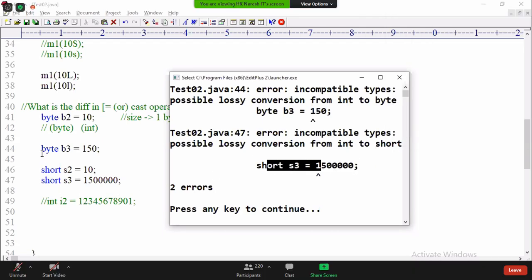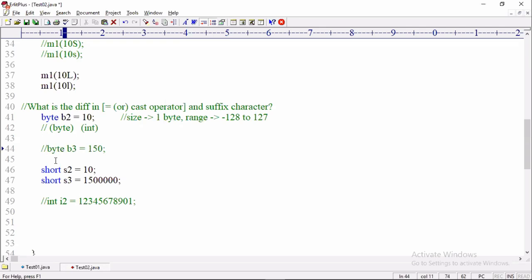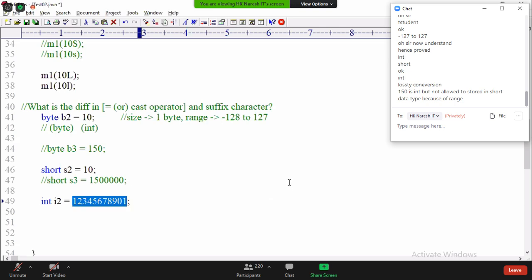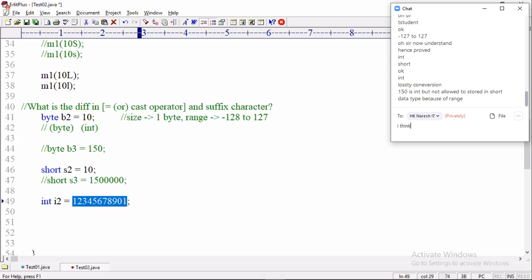If you take this case, tell me, what is the problem? Is assignment the problem, or is the number itself the problem? Come on, try to respond. The number itself is the problem. Okay, what is the meaning of it?